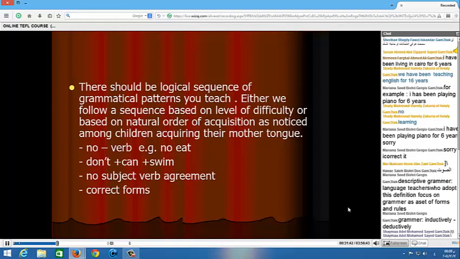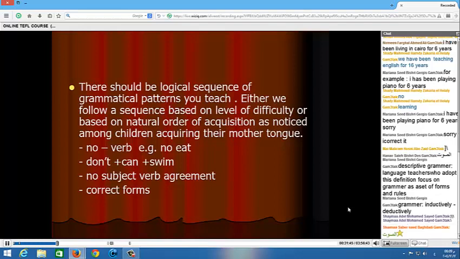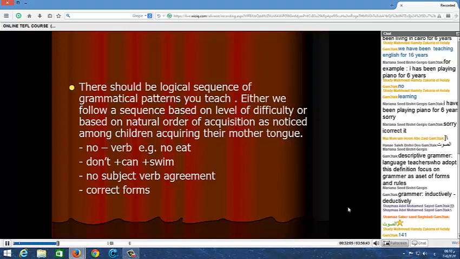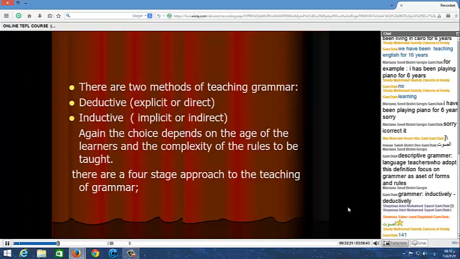ماريانا لسه هنتكلم عن deductive and inductive approaches for teaching grammar. Then we have the child at the age of 5, for example, he begins to use correct forms of the language. الكلام ده موجود on page 141. So should we begin with the kind of verbs and the kind of forms that the little children begin using the language with, or should we begin in a different way? It depends on our objective again of teaching the language.